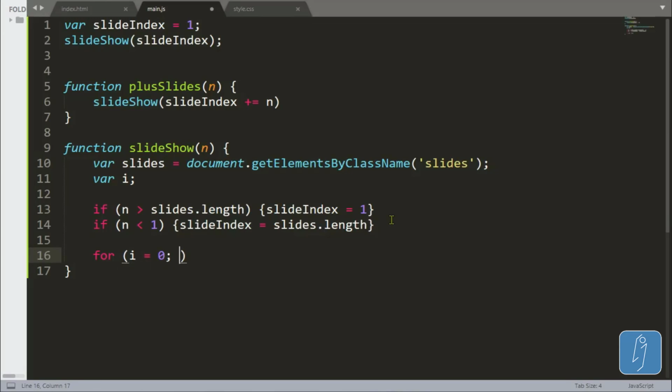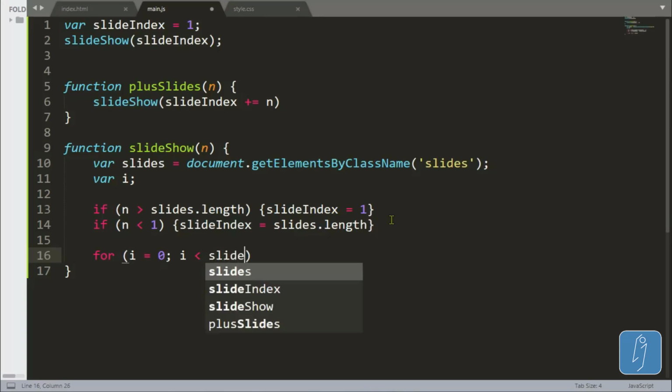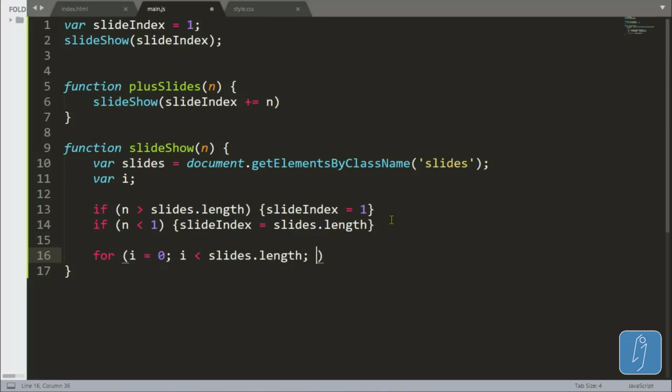Then I'll go with I. I'll say while this I is smaller than the slide's length, increment the I just to make it infinite. What you want to do,